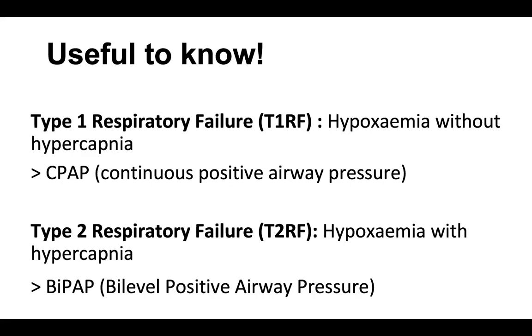Type 1 respiratory failure is hypoxemia, so low oxygen without high CO2. The treatment for that is usually CPAP, continuous positive airway pressure. Type 2 respiratory failure is low oxygen with high CO2, so hypoxemia with hypercapnia. The management is slightly different: it's bi-level positive airway pressure, where pressure is set at 2 different levels